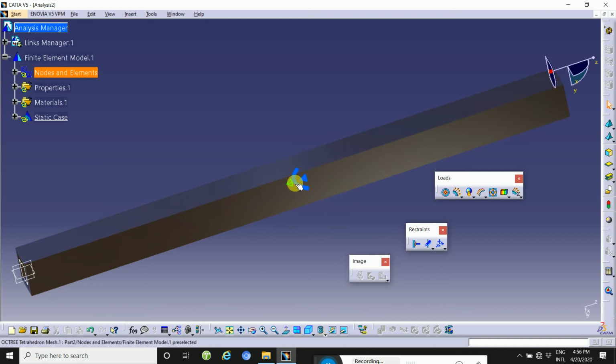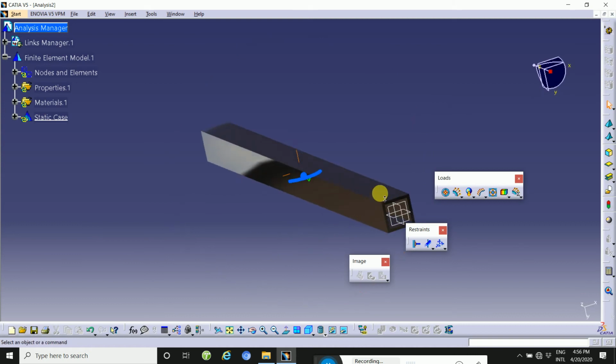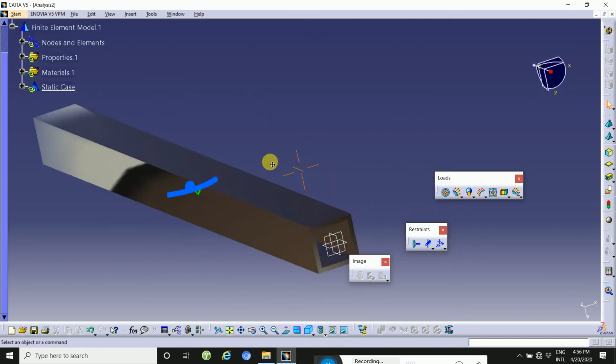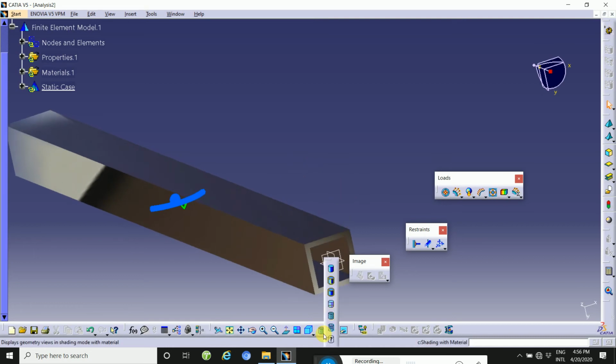Then apply the clamping. First you will clamp, and then you will apply the load. Here you will apply the clamp.